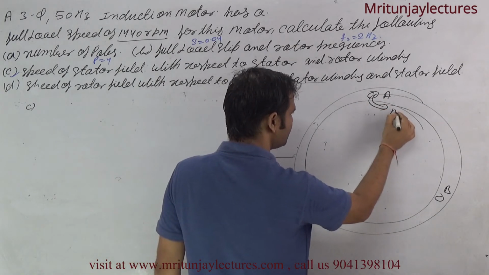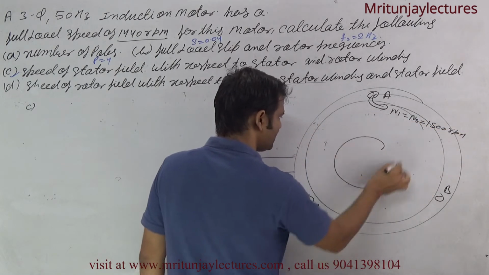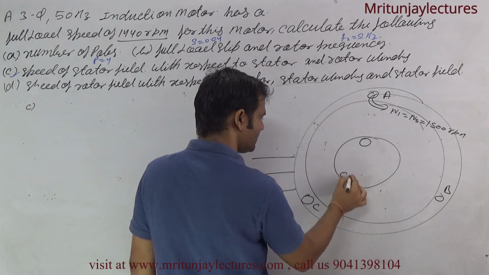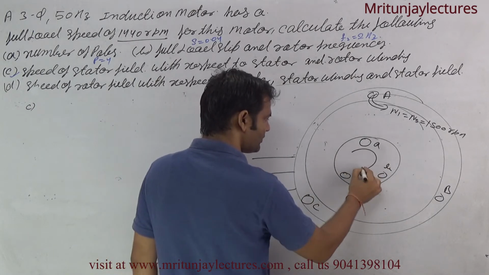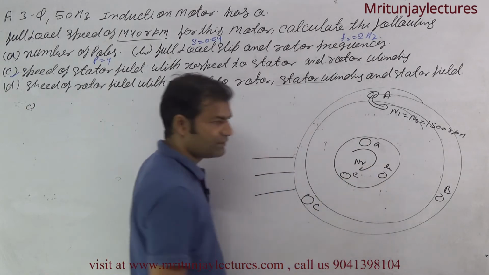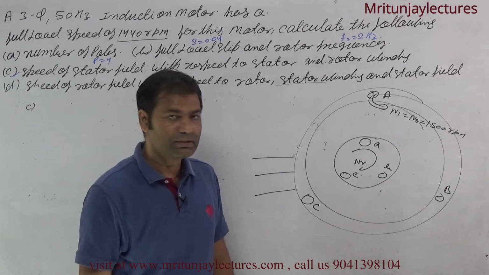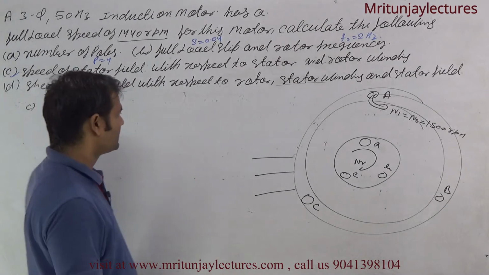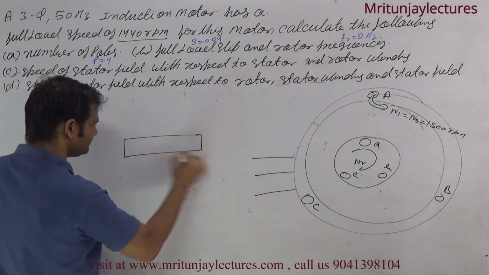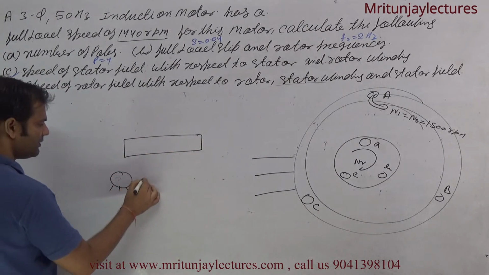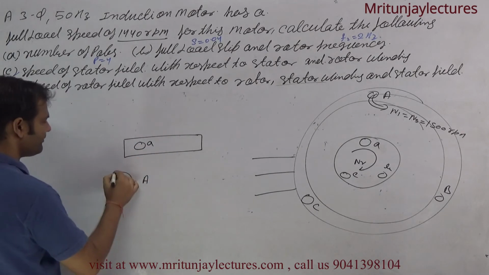So the stator field with respect to the stator winding is 1500 RPM, and this one is the rotor A, B and C. Okay, the rotor is rotating in the direction of the stator field, with speed 1440. Now corresponding to the question, if you make the linear diagram like this, this one is the stator winding, and that is the rotor, small a,